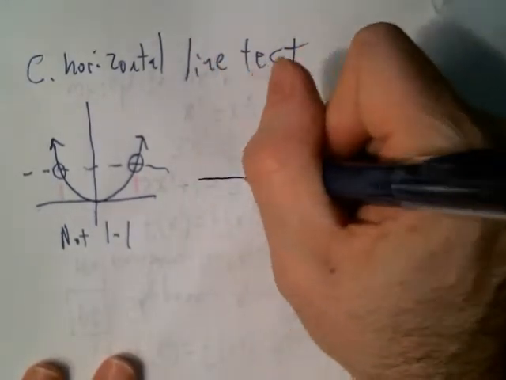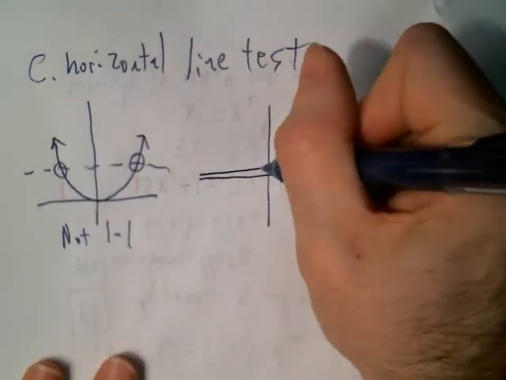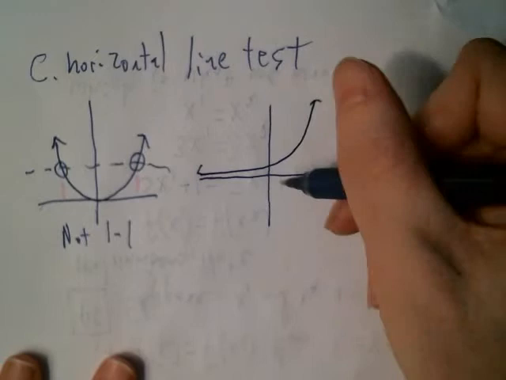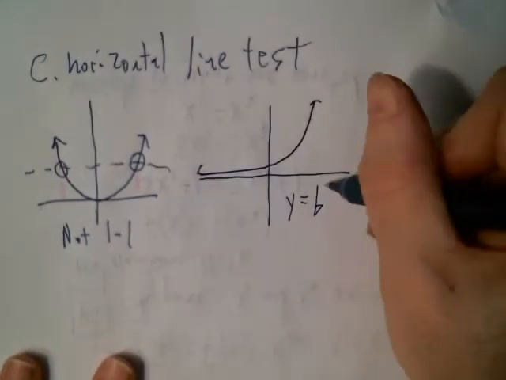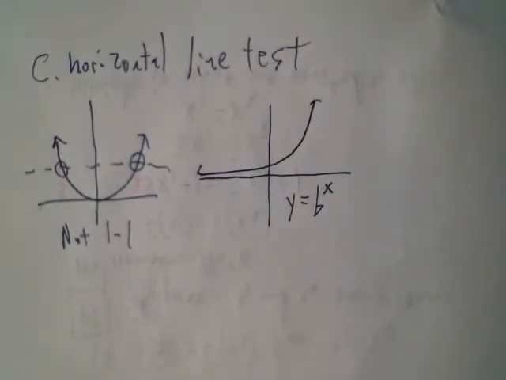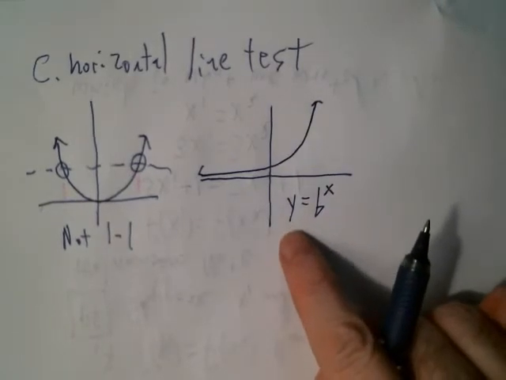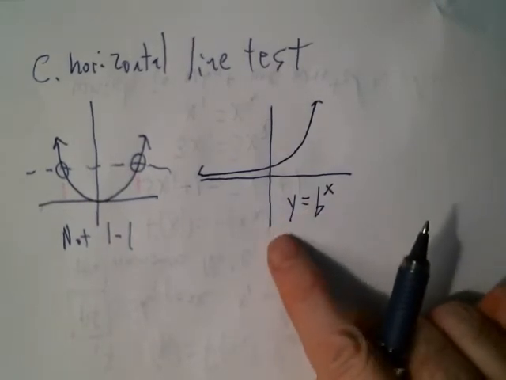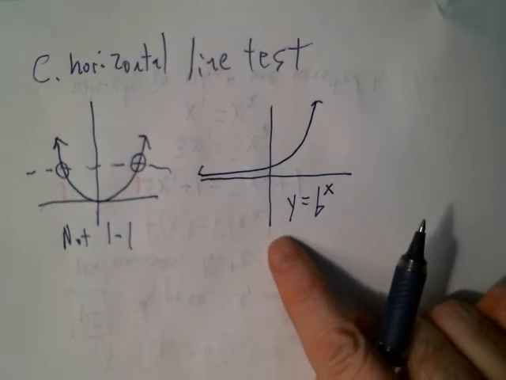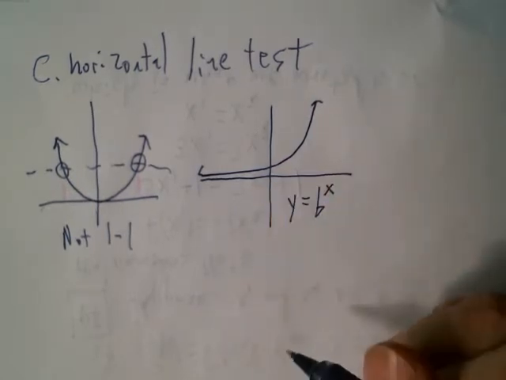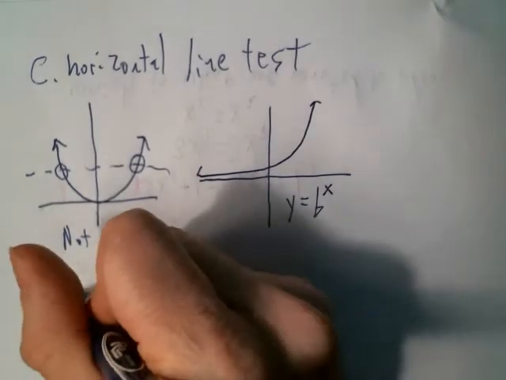Something that is one-to-one would be like your exponential function, y equals b to the x, right? So you know from college algebra, this guy is invertible, and the log base b of x is its inverse. So as long as it's one-to-one, that's going to mean it's invertible,